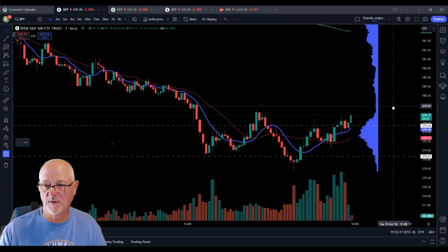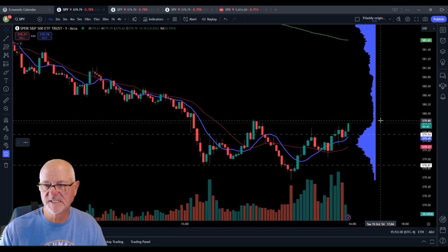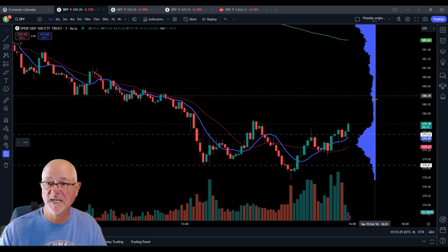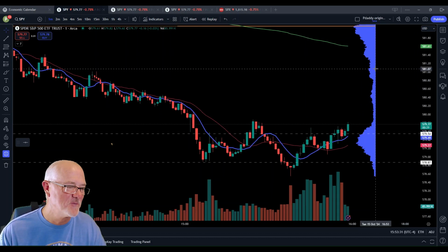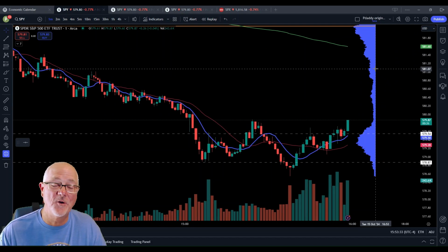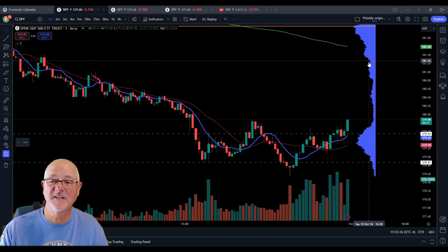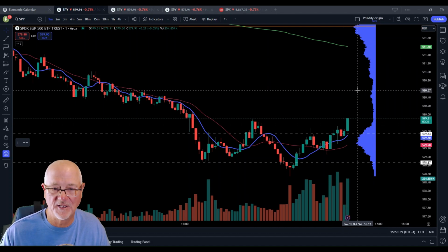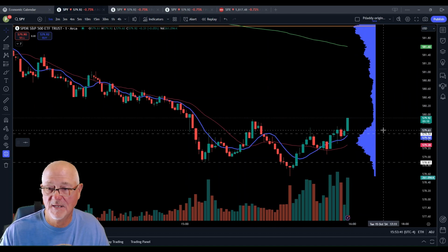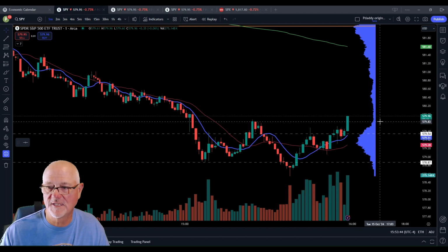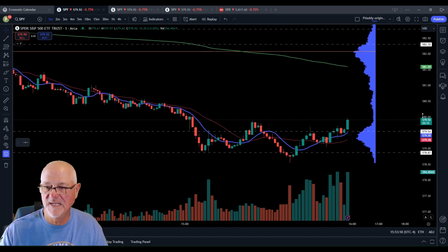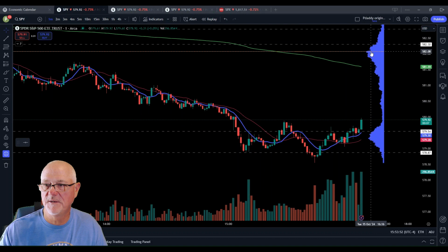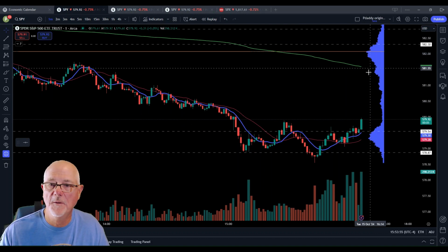So this is kind of what I'm looking at here. If we get a close above, let's say 83, again, you can look left, you can look right. This is where your volume has been laid down during the trading day. We got VWAP sitting up at 581.61. I don't know that it's going to go get that. It would have to definitely be a concerted effort to go for VWAP. I mean, there's no question about that, folks. But at least in the short term, see if we can get a close over this 83 level. You can see just how thin this volume is at this level. POC sitting way up here at 582.08. So that's how we're playing.